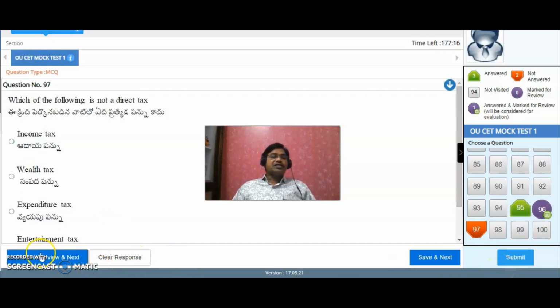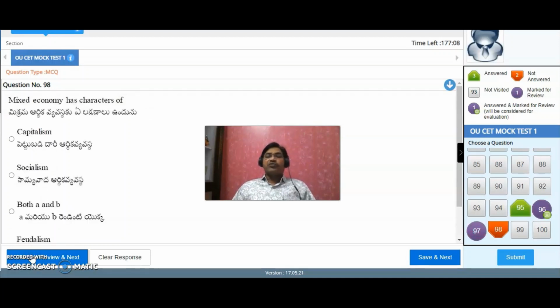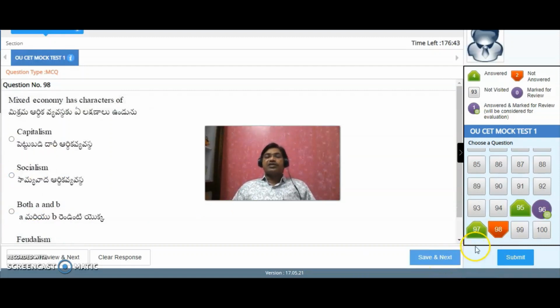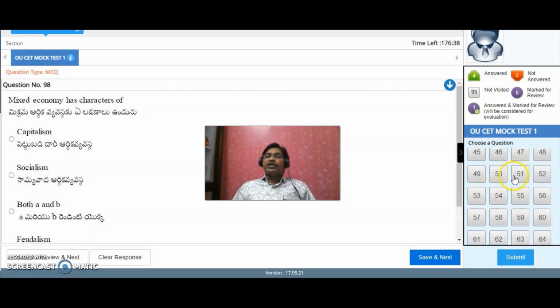Okay, now let us see, I am not answering this one. I want to give the answer later, but I have a doubt for this one, so I moved to another question, and you can see that the question is marked for review, but not answered. Here you are answered, but marked for review. Okay, during the examination, if you want to go to that question, click directly on that question and it will open up here. Then you can answer now, and if it is this answer, then save and next, then it goes to the next and turns green. Okay, in this way you can go to any other question.